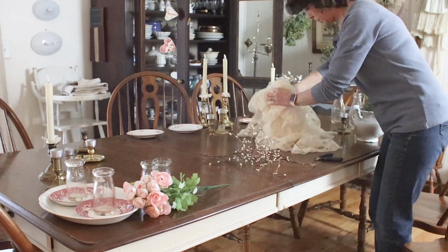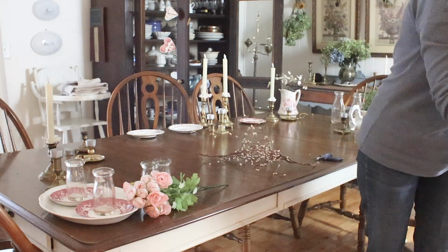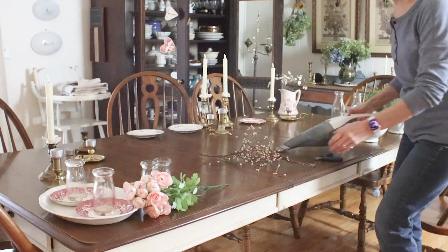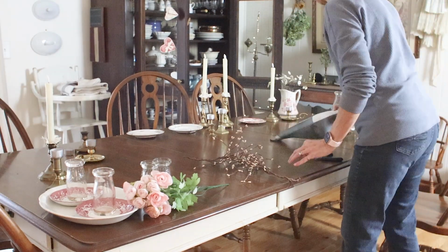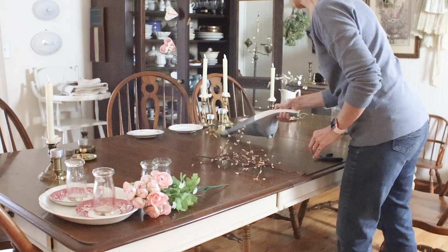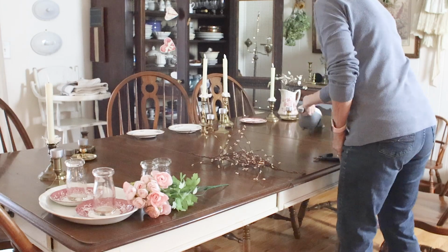But I left the other branches, those cypress or juniper, whatever they are. I left them in those really large ironstone pitchers. And I think I only paid about $5 for each one of those pitchers. I'm always looking for mismatched pitchers, and I love ironstone. So I kept those out, and the table right now is pretty large, and I'm going to have to pull